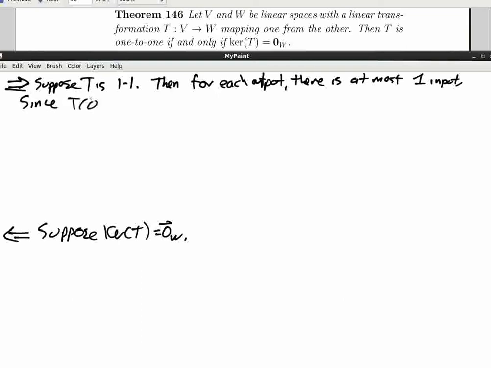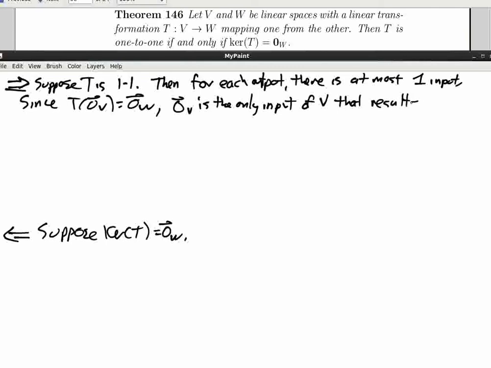Since T of the 0 vector of V is equal to the 0 vector of W, we know this from before, the 0 vector of V is the only input of V that results in an output